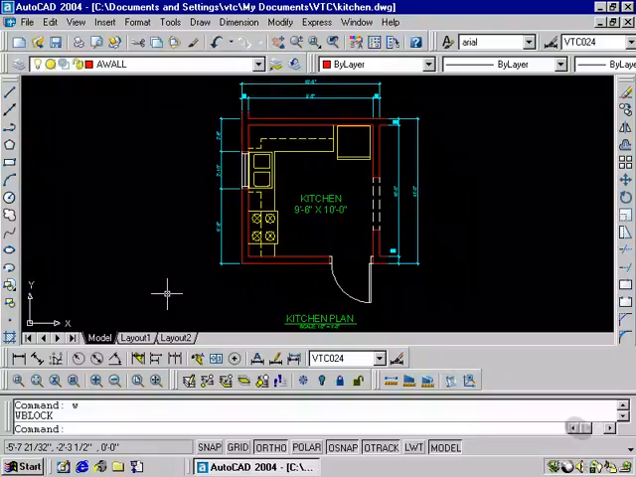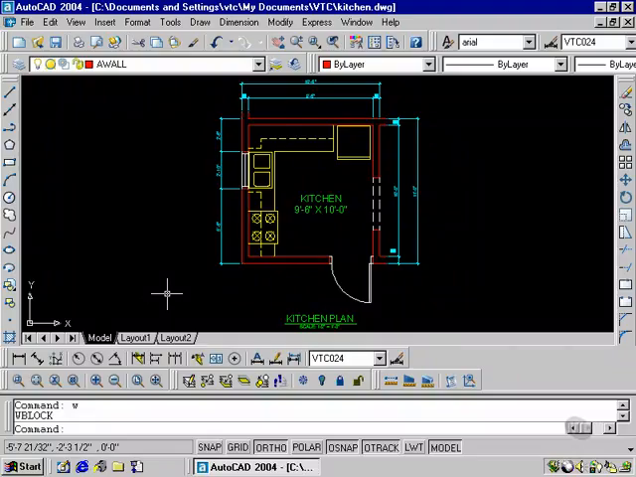Now a block is only of value to me within this drawing file. So this refrigerator block can only currently be used in this kitchen drawing. What I want to do now is take that refrigerator and make it into its own drawing file. So I'm going to be making a W block. I'm going to be giving it a DWG extension so that it resides on my hard drive and not necessarily